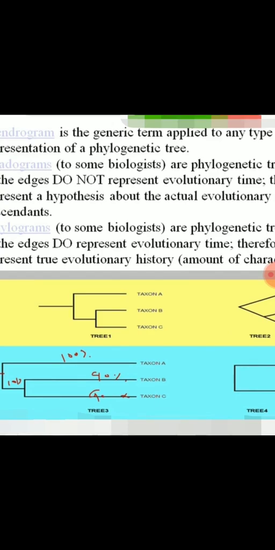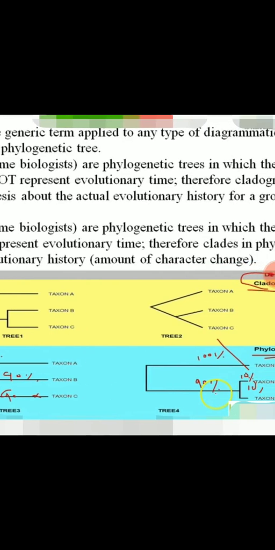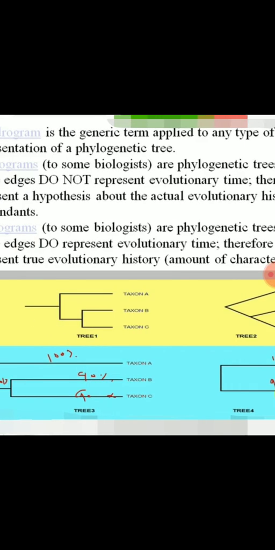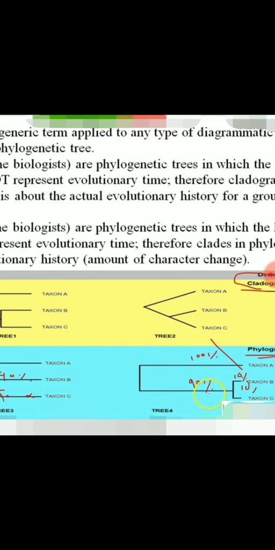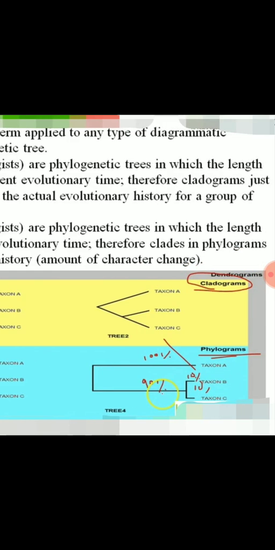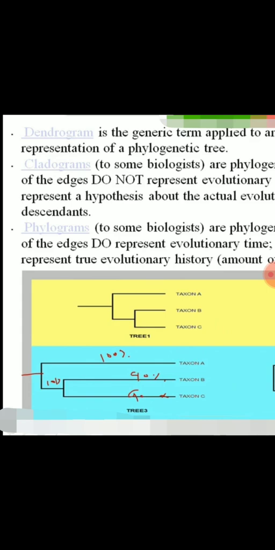So we'll go to tree 1 and tree 2. These are examples of the cladogram. Dendrogram means any type of phylogenetic tree. There are further two types, clado and phylo. Clado means only topology matters, branch length does not matter. And phylogram is what? Branch length shows the time and the quantity of the divergence. So in tree 1 and tree 2 you can see the length of the edges does not represent any time or anything. But in the case of the phylogram, here we can see,